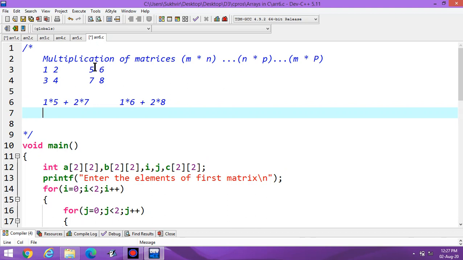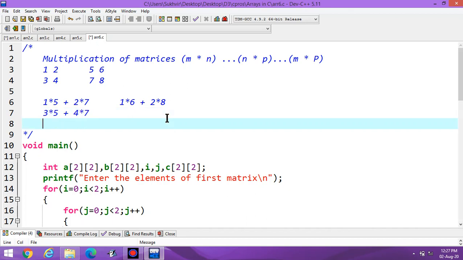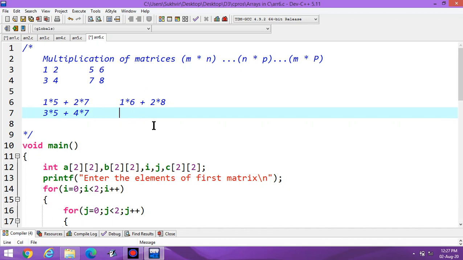Second row is multiplied by first column. It means 3 is multiplied by 5 and 4 is multiplied by 7. Then what next? 3 is multiplied by 6. Then 4 is multiplied by 8.